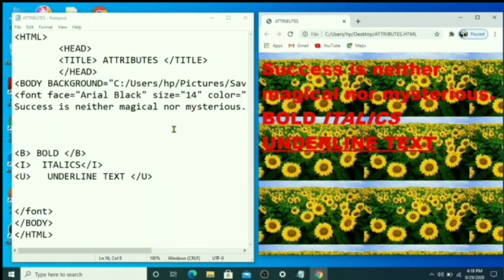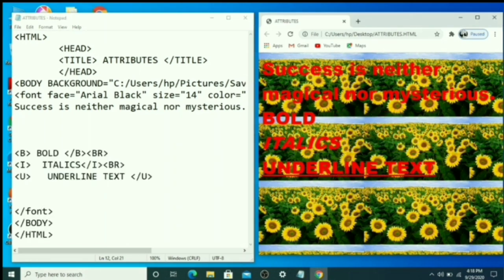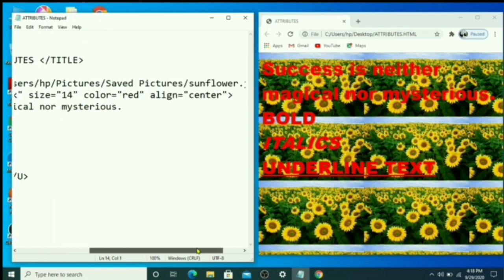Okay, so here you just give the BR tag for break, and here also you have to give the BR tag for break. Save your file. Okay, now you can see bold, italics, underline in different lines. I want to change this background because it is not visible properly.